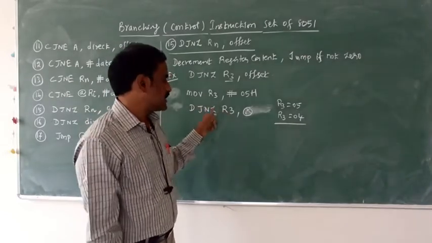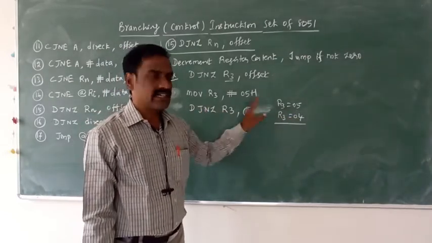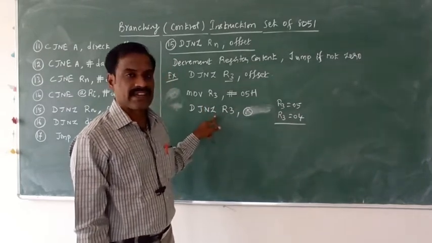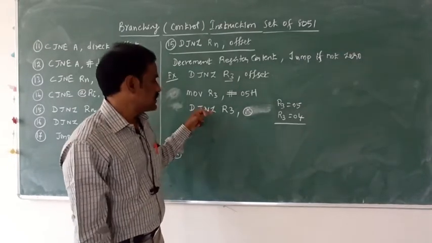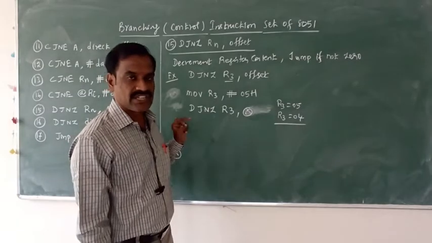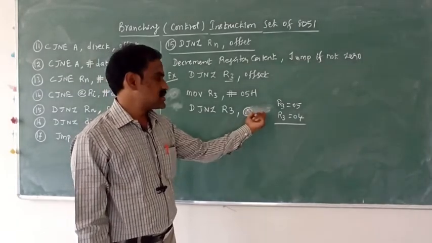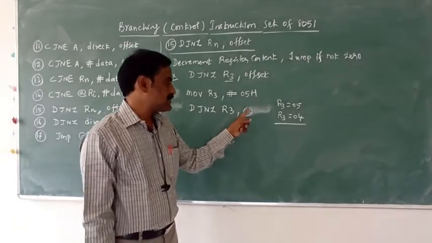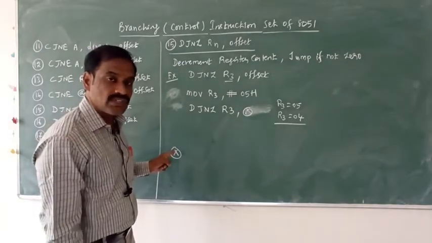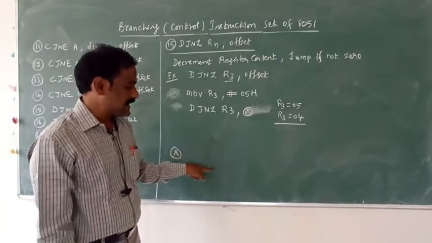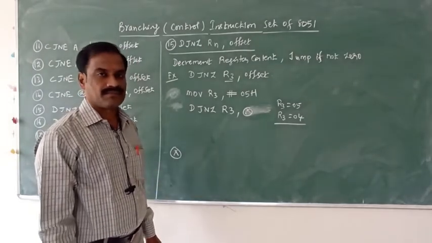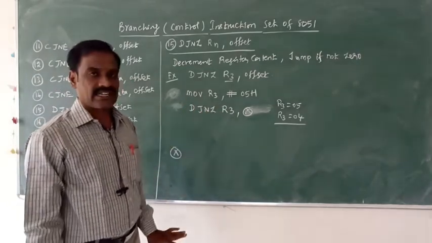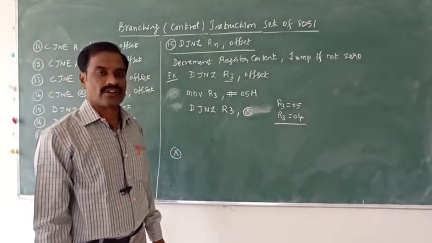Okay, now to decrement the register content. If the register content is 0, this condition will be unsatisfied. Unsatisfied means it will execute the next memory address location data. Suppose this condition is satisfied, then jump to the given memory address location. At that time the program counter will change the sequence to this memory address location. After that it will execute from this memory address location. This is the concept of decrementing the register content and checking the condition whether it is 0 or not.